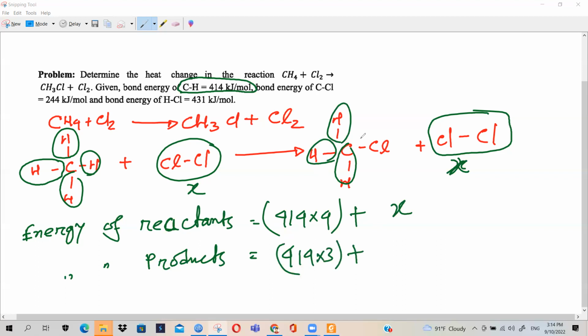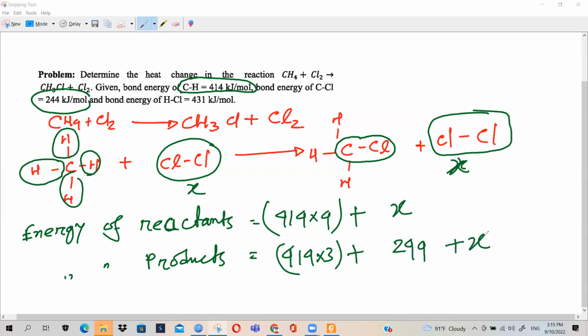plus CCl. We see a CCl. See, there is a CCl. Now, can you see it more clearly, I guess? Yes. CCl is 244 kilojoule per mole. And plus X. Okay, so now,